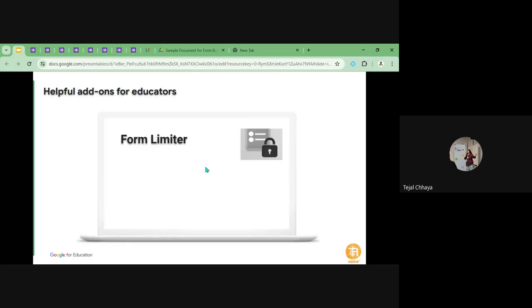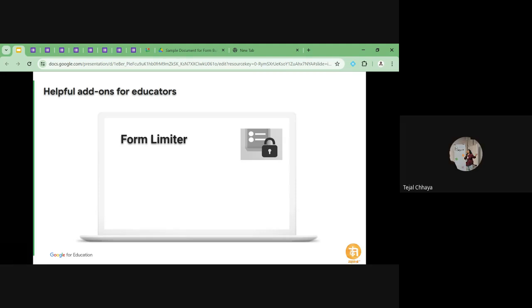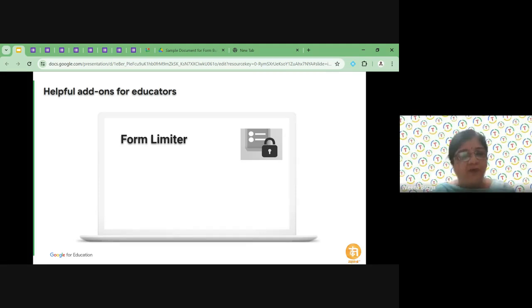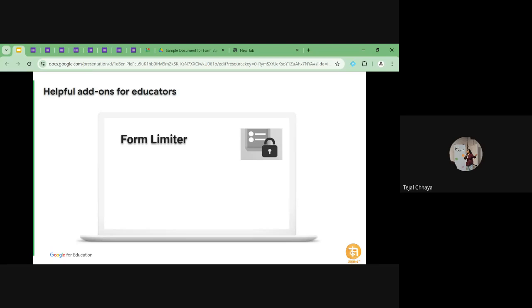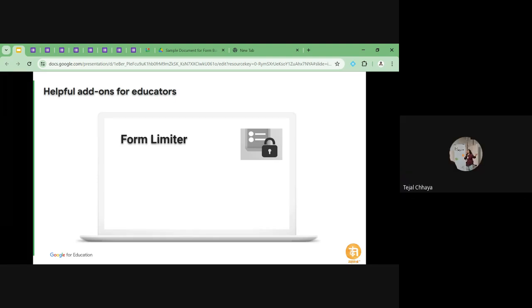Just a quick question, ma'am. What is the difference between a Gmail account and a Workspace account? Are we getting all the options in a normal Gmail account or not? Ma'am, a Gmail account is just your Google account, and a Workspace account is if you have some Workspace identity from your school, or you have paid for Workspace. But do we get all these options in our normal Gmail account? That is what I'm asking. I am using my normal Gmail account, ma'am. Okay, thank you.